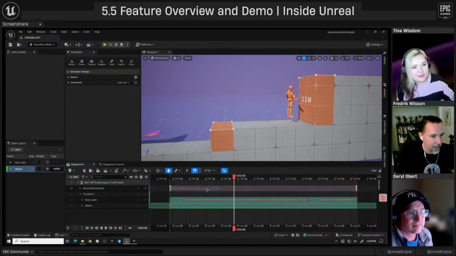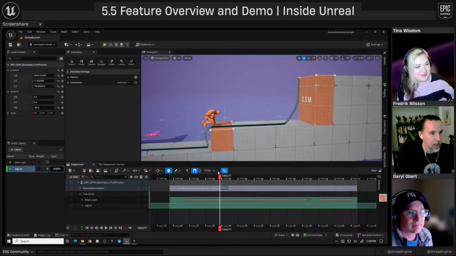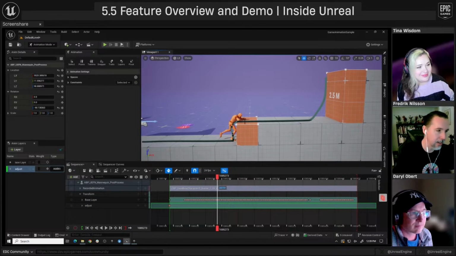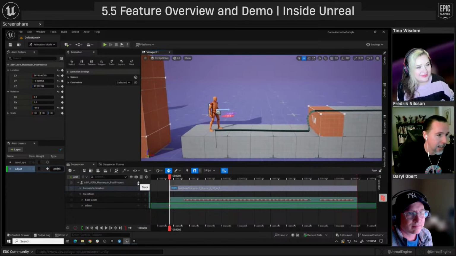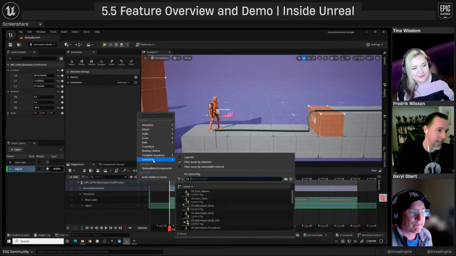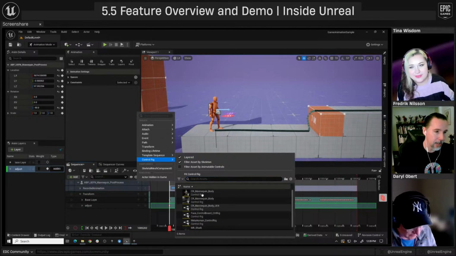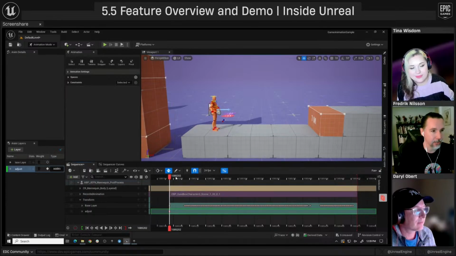I'm just going to delete that. I'm going to make this thing active again. It goes back to using a clip. And I'm going to show something which we've definitely talked about before. I think Greg covered it in the last one of these: layered control rigs. But this is another good use for it. So instead of baking to the control rig, I'm going to click on this layered button and then choose the mannequin body. And I'm going to add it as a layered control rig.